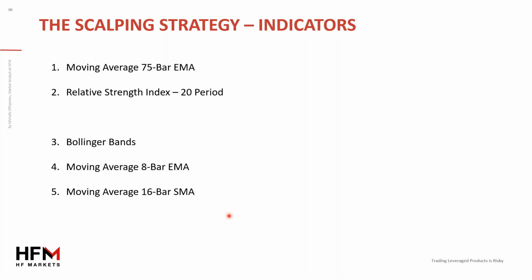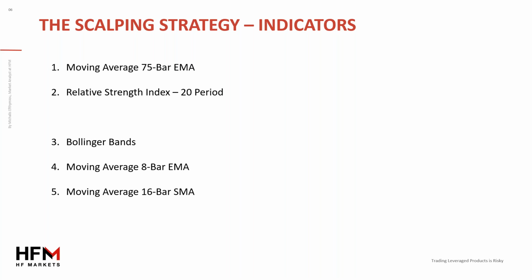So, sorry, I'm rushing through the questions because I want to start looking at the strategy, because now we're looking at the strategy. So what indications am I going to be using as part of the strategy? If you want to take a photo or screenshot of this, just so you have access to it until we send you the PDF, of course. So what indications will we be using? The first one, we're using